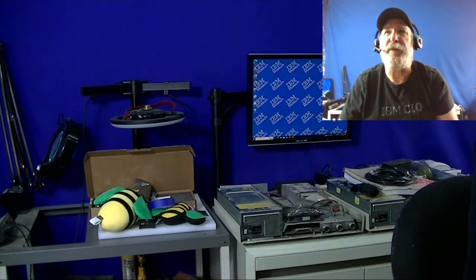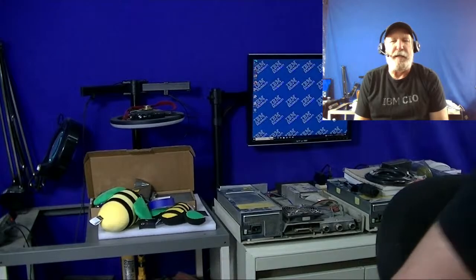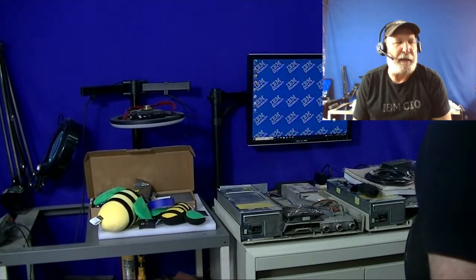Okay, let me get Windows arranged here. Apologize for the delay. I was looking for the driver to be able to get into this unit below the tray. So, in a somewhat hasty arrangement, I decided I located